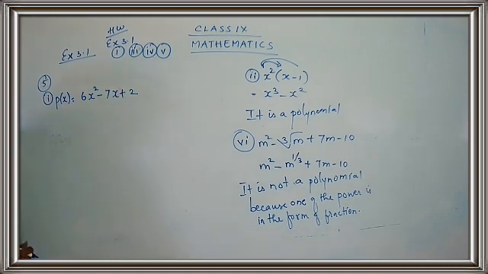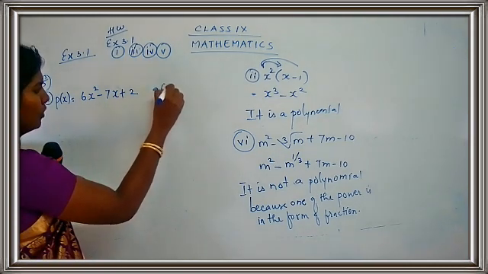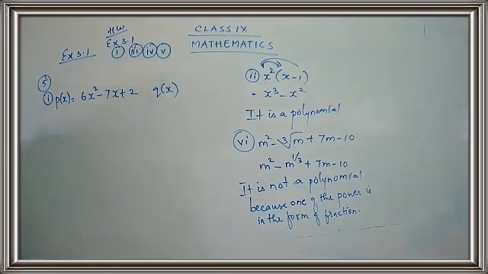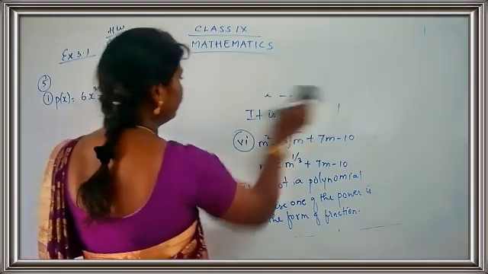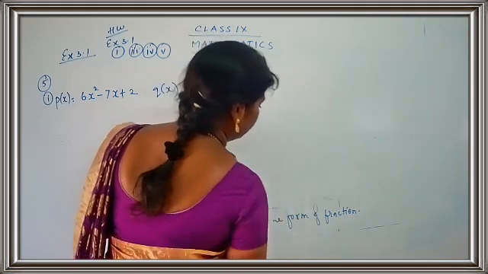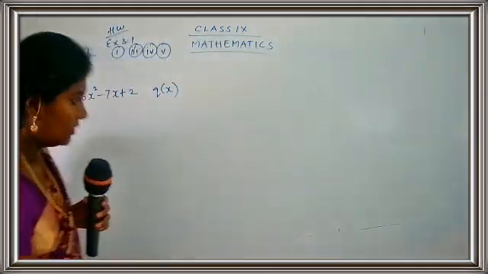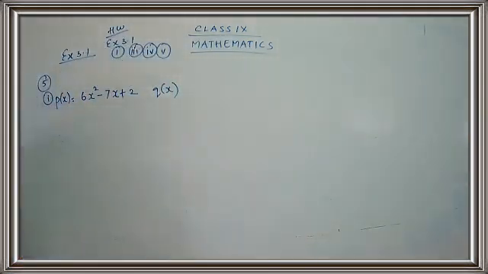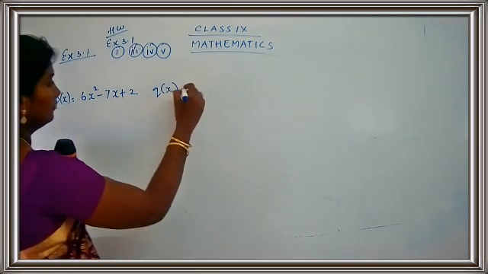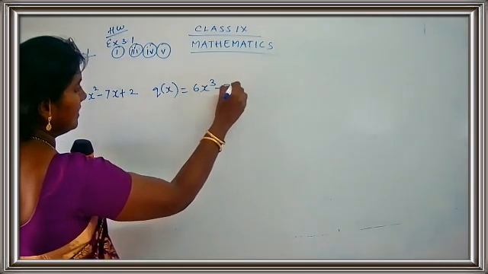Okay, and q of x. They have given you two polynomials. One is p of x and one is q of x. What is q of x? 6x cube minus 7x plus 15. Let's add the polynomial. The first one is 6x square minus 7x plus 2, that is p of x. And what is q of x? 6x cube minus 7x plus